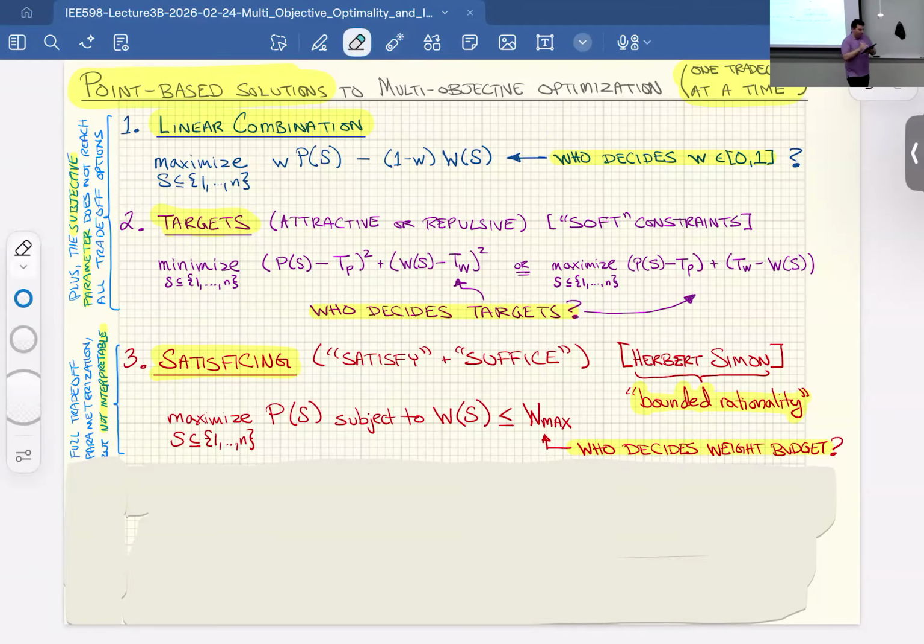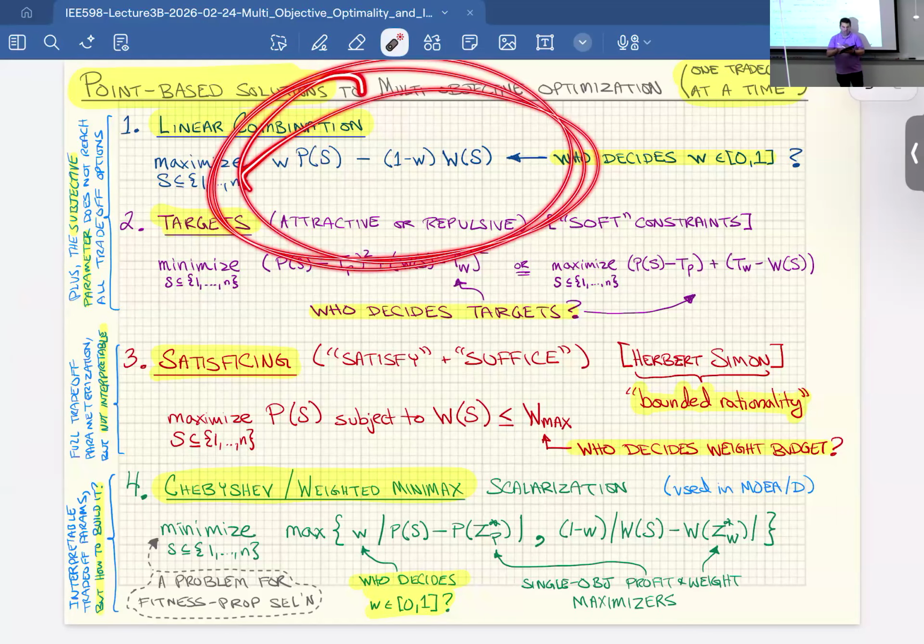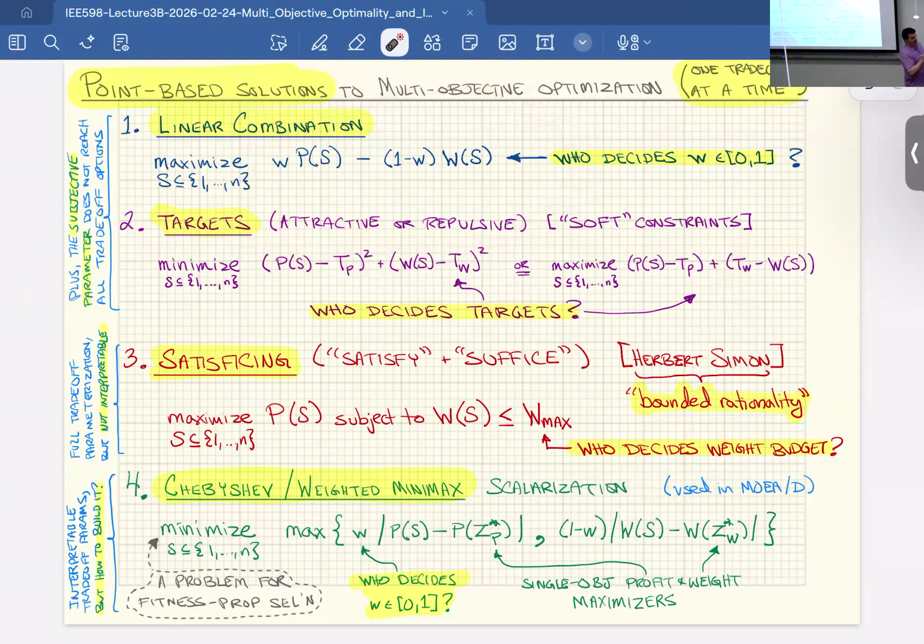So a more modern way to do scalarization is what's called Chebyshev scalarization or weighted minimax. This is the solution if you really have to solve this by sweeping through weights, like we want to do here. You really should do it with this method down here. In this method, it's uglier to look at for sure, but the idea here is that we consider,